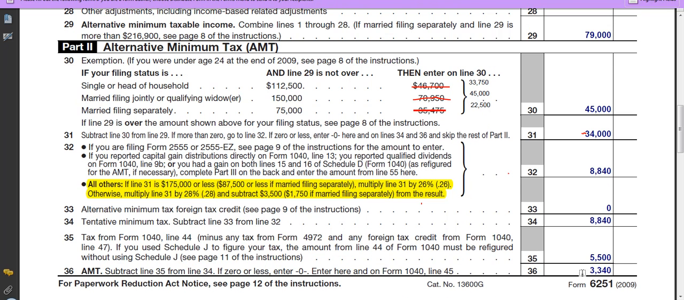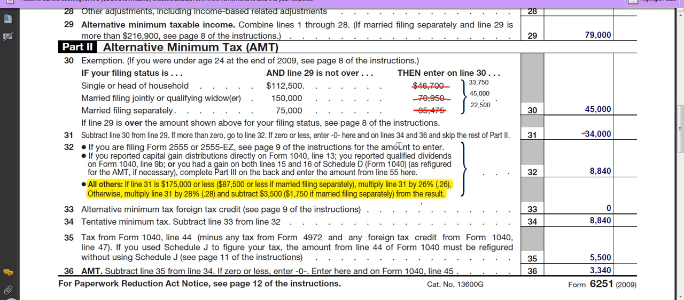$8,840. This individual has a tax of $5,500 that was calculated on the 1040 and has not paid the minimum tax, so will then owe $3,340. So you can see how an individual with taxable income of $70,000 would end up paying this